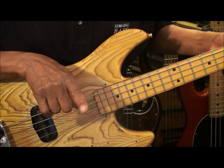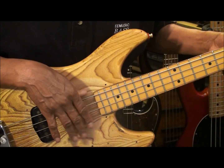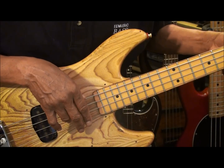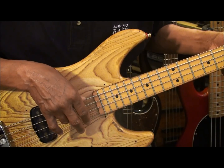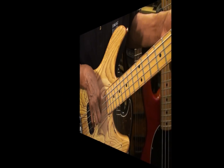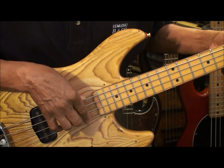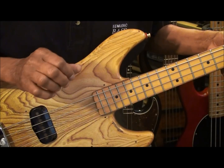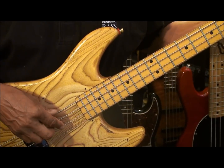Notice the first time around it was the index finger. Second time around it wound up being the ring finger. Okay, so whichever finger winds up playing that note is fine. So that way we get a nice consistent feel throughout the piece. Now if we were playing something like this,